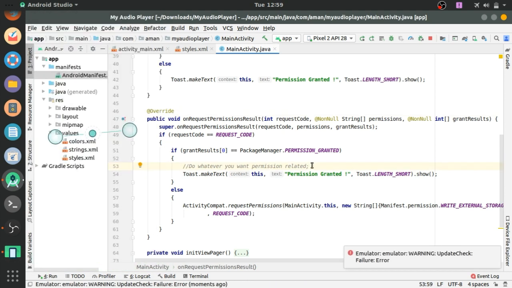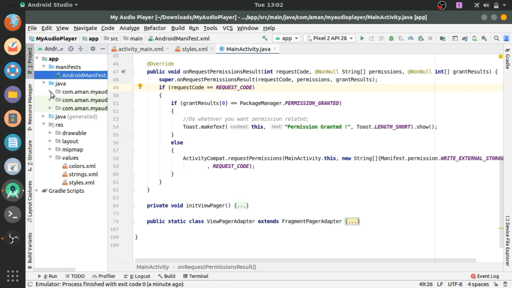Now we will take all the audio files from phone storage to our app.